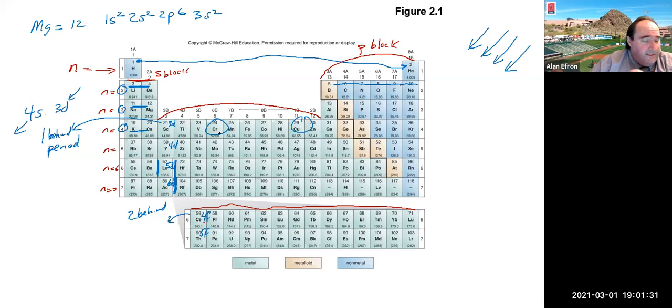I'm pretty much done here, but let me make sure I answer everybody's question again. The valence electrons: if we look at magnesium, it gets to the 3rd energy level and has 2 valence electrons, which matches its group number. So everybody in the representative groups, group 1 has 1 valence electron, group 2 has 2, group 3 has 3, 4, 5, 6, 7, and 8 valence electrons. Helium only has 2, so it can't have 8, but everybody else